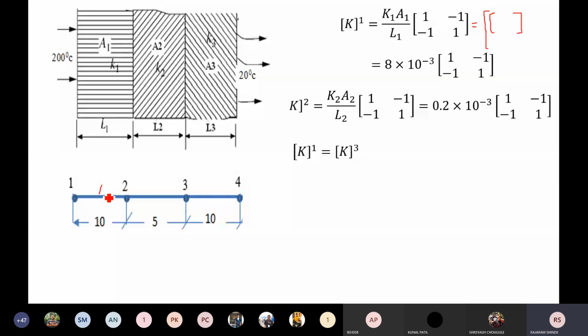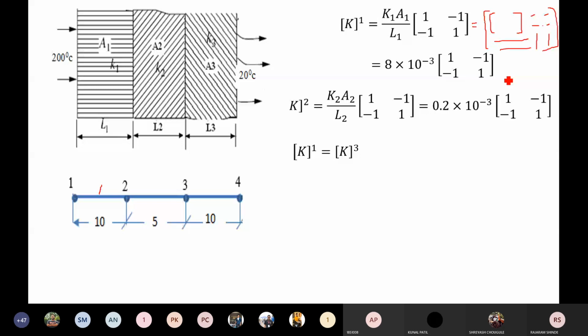If we consider element number 1 as a separate element, now when we add the temperature at node number 1, that will not affect node number 4. Okay, when we add the temperature at node number 2, that will not affect node number 3 and node number 4, because we consider this element as a separate element. Okay, so this term and this term, also these two terms and these two terms, these terms are 0 for the first element. Okay, have you got it?